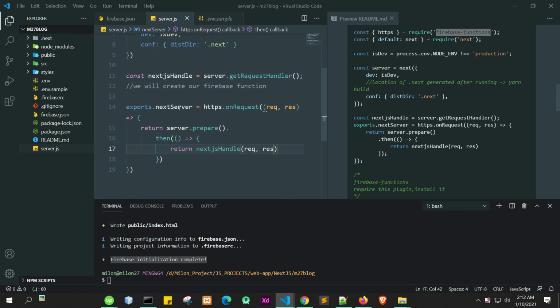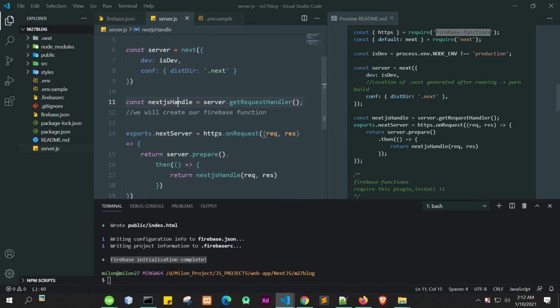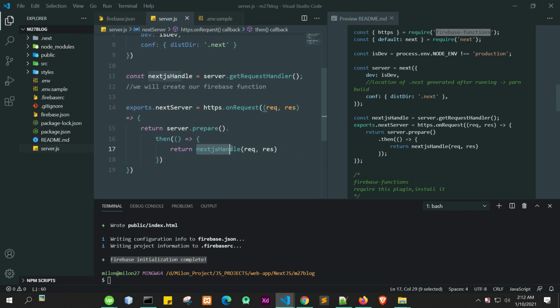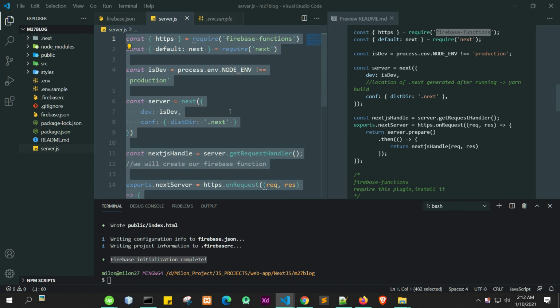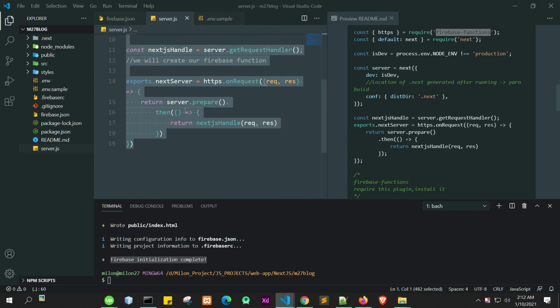So what we did inside our next server function, whenever the request and response come, we will prepare our Next.js server, and then we will pass our request and response to this Next.js handler, so that our Next.js server can handle this request via our function. So this is all for the custom server.js file.